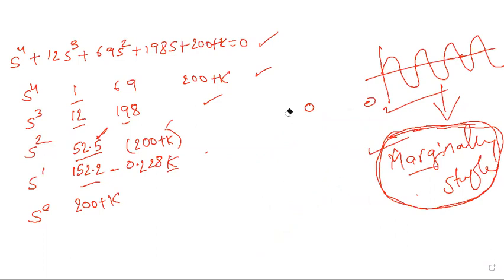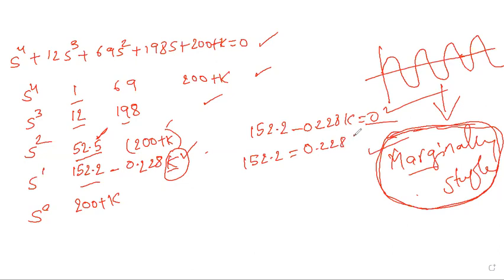Right. Then now tell me, is there any possibility of the s power 1 row becoming a row of all zeros based on the value of k? Yes sir. Right. So for which value of k does it become 0? Nothing but 115.2 minus 0.228 k equal to 0. To know that value, first you need to equate the expression to 0, right? So 115.2 equal to 0.228 k. What is k now?